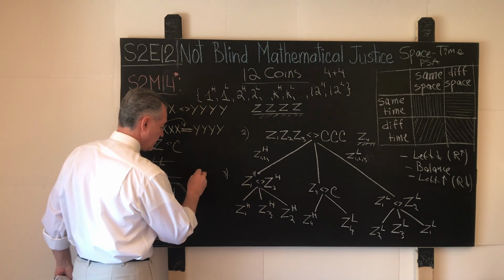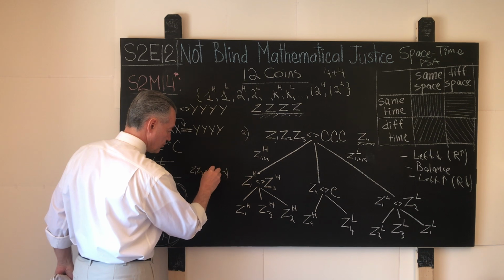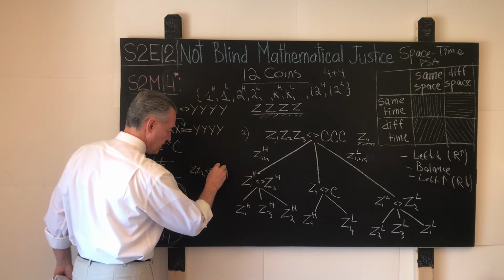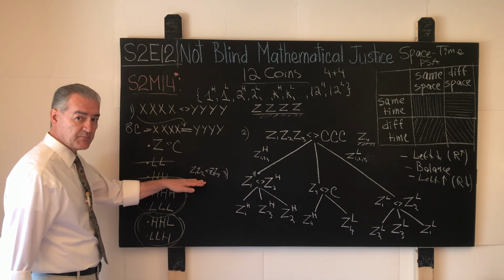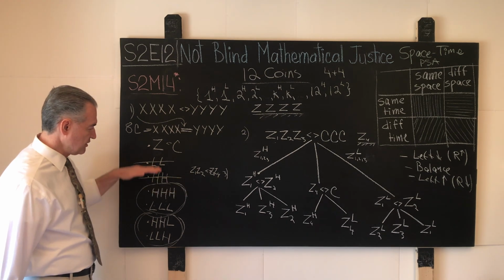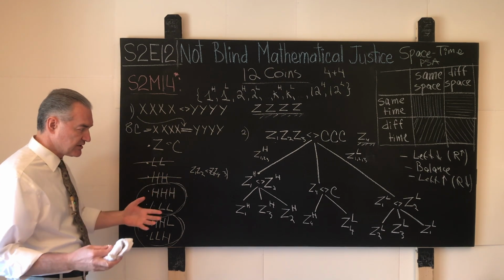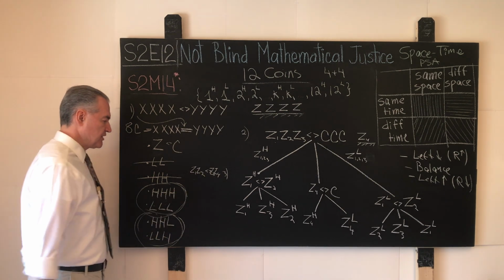Let's say we weigh the coins Z1, Z2 versus Z3 and Z4. These two coins right here, Z1, Z2, on the left pan, let's say, and Z3 and Z4 on the right pan, thinking that this conjugate pair may provide us another distinct solution. Well, what are the possible outcomes here?